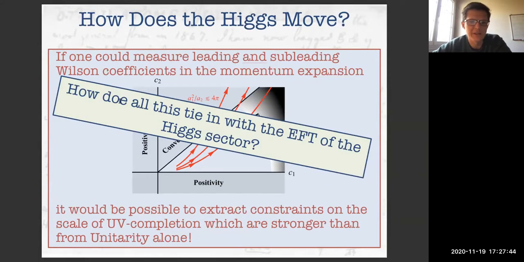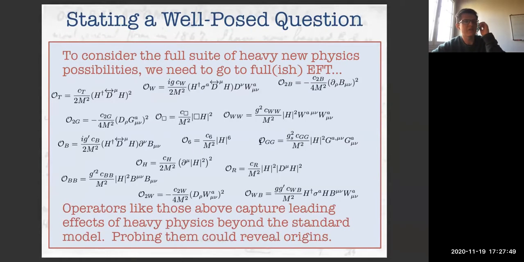So what does all of this have to do with the EFT of the Higgs sector? Well, in the Higgs sector, it's not so simple, right? Because we can't just write down one operator and with our eyes closed, just fire ahead and talk about these things. In reality, if there is new physics in the Higgs sector, if it is decoupled, if we're working within an EFT, and we're working with SMEFT and not HEFT, where you would have non-decoupling effects like Toon put up earlier,